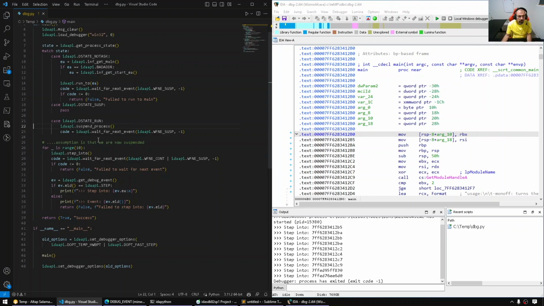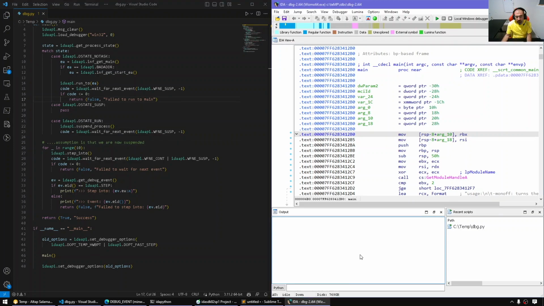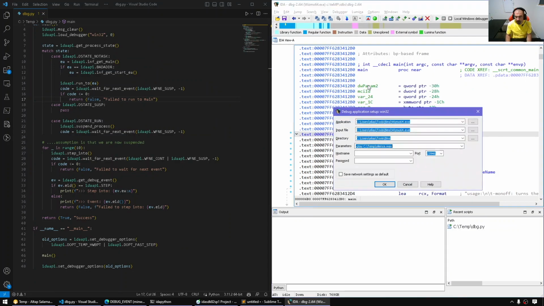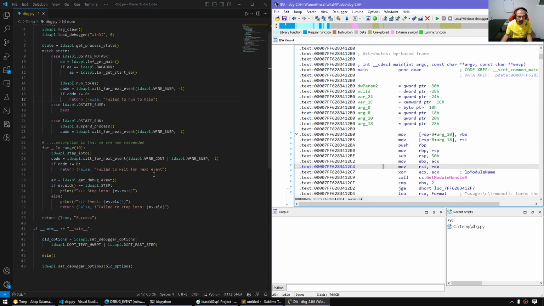Okay, so I'm not gonna run the script in a resting state. Instead, I'm gonna let the process run. Now that process is just instructed to play a WAV file. This utility can play WAV files. That WAV file is 20 seconds long, so this will give us a chance to actually run the script and